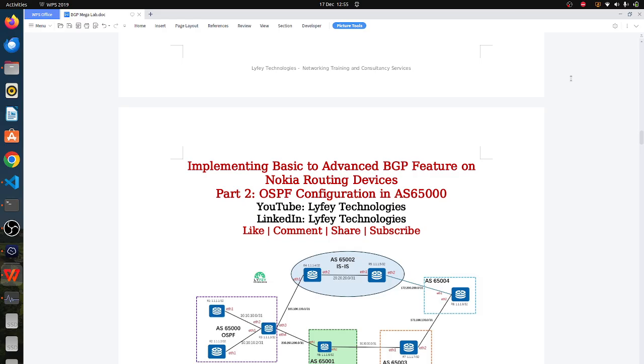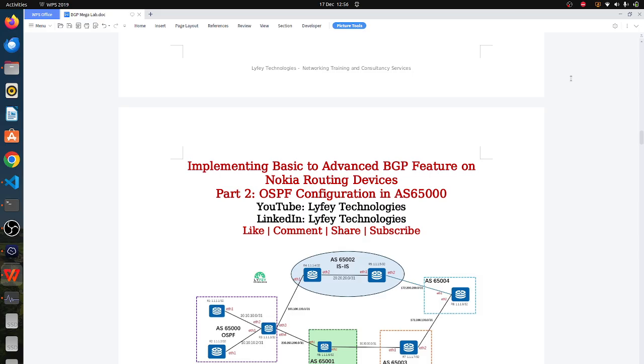When you are doing BGP implementations, before you start establishing BGP peering sessions between different nodes, you need to ensure that you have reachability between the different nodes. If you are using eBGP, you are definitely using the point-to-point IP addresses, so you don't need any IGP or any routing protocol. But when you are